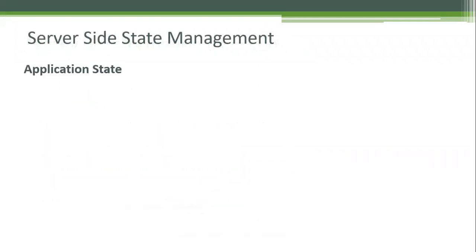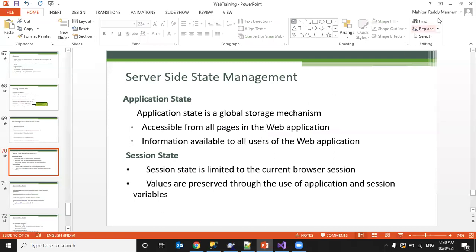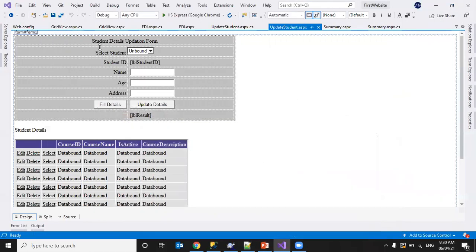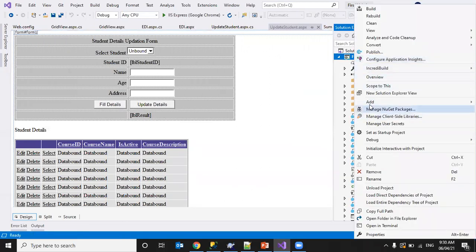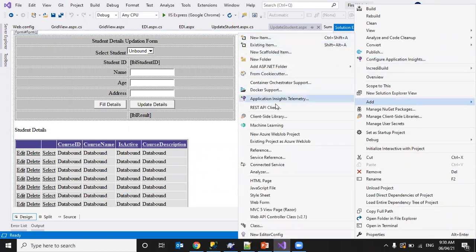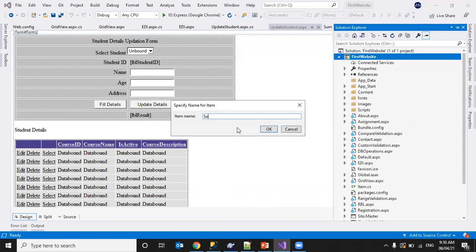So next we'll jump to state server side. But before that, let's see an example with these things. Let me take 2 pages, source and destination. Let me pass information from one page to the other page, one request to another request, using the source.